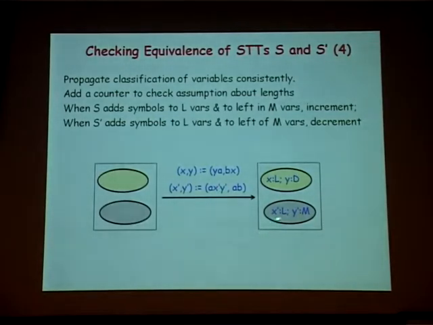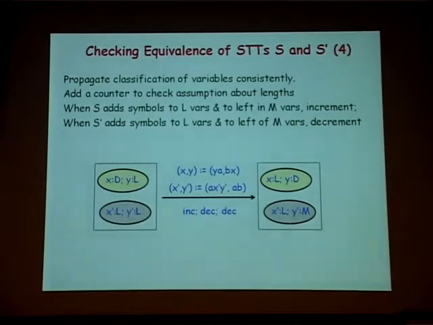If I look here, x prime is contributing to the left, and here x prime is being set to a x prime y prime. So the classification for x prime and y prime, for both, is going to be left, because x prime contributes to the left. So whatever the value of x prime and y prime was here, it would contribute to the left of the